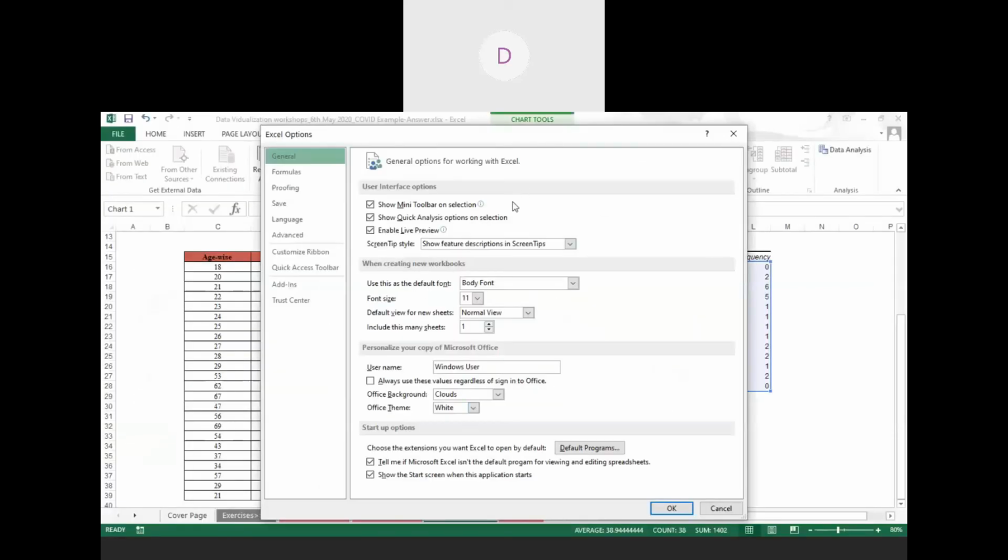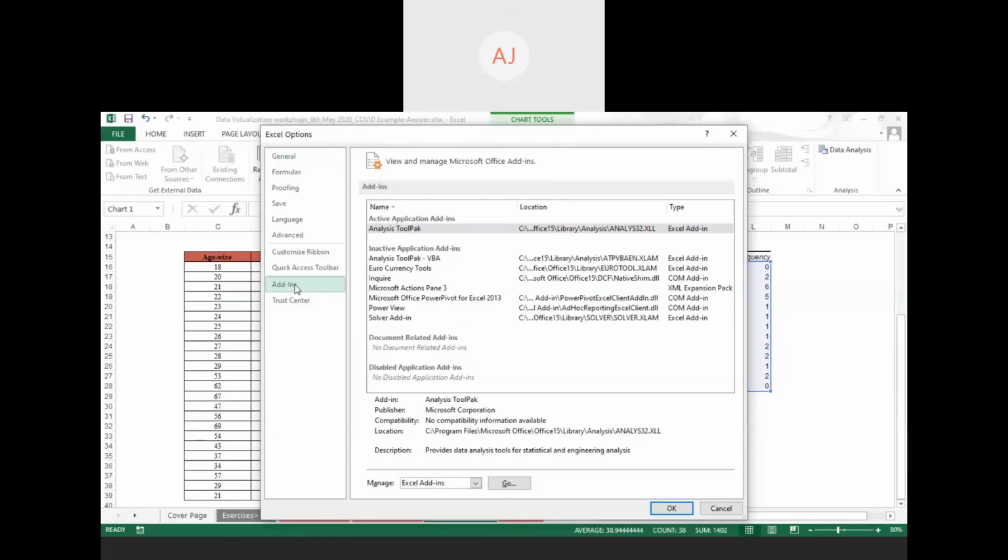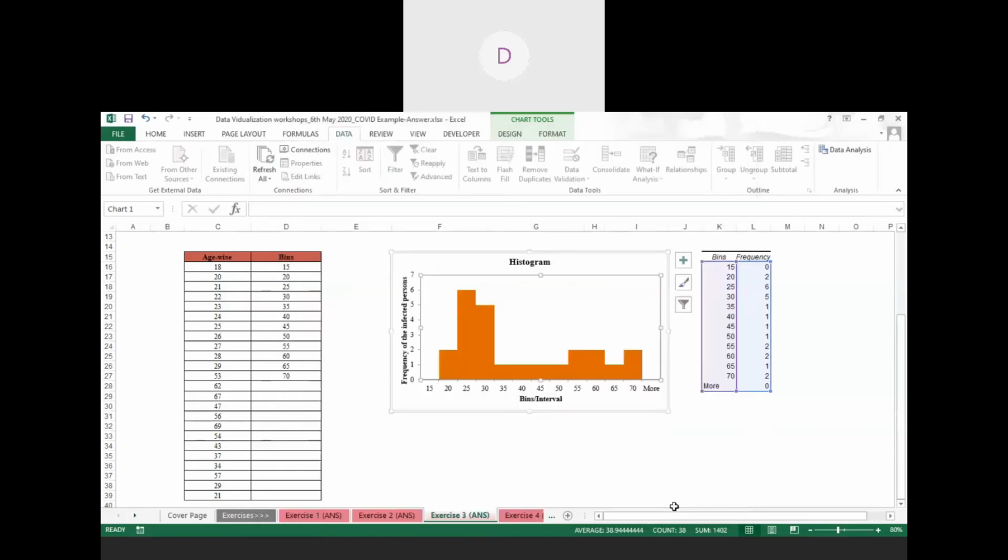You then get a window like this. Again, click on Add-ins. Click here. Then you will get a window like this. Analysis ToolPak is there. The first option is the Analysis ToolPak. Then click on OK.